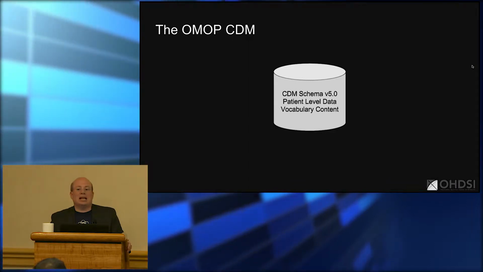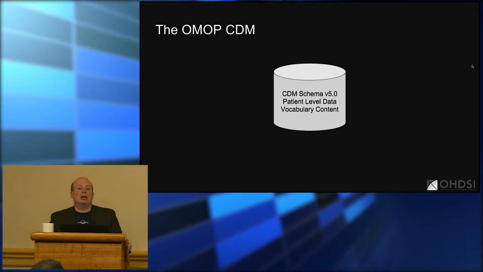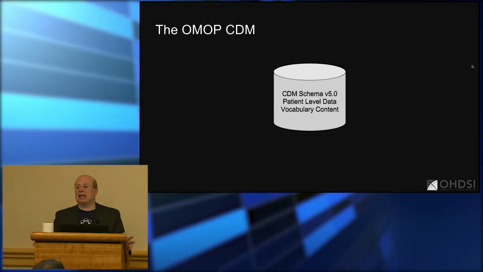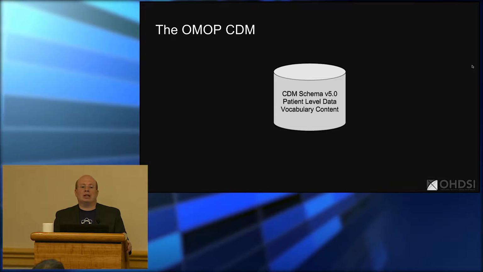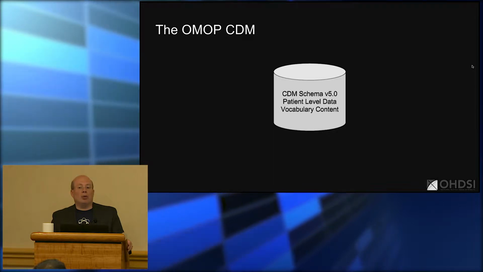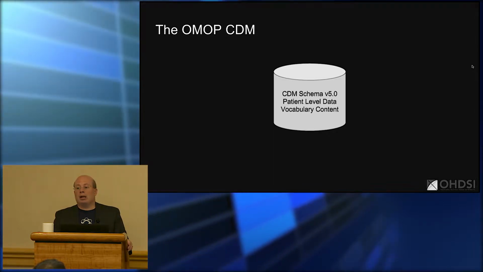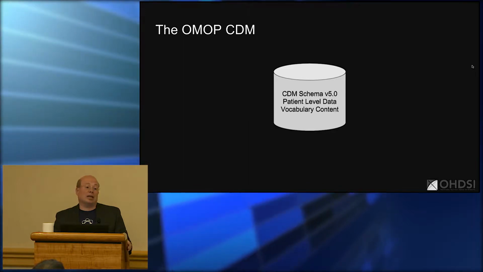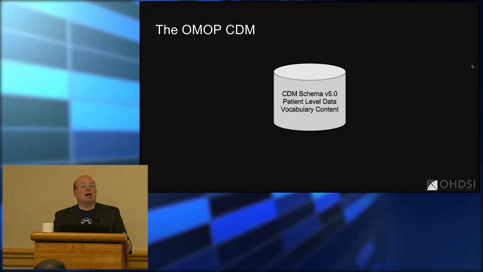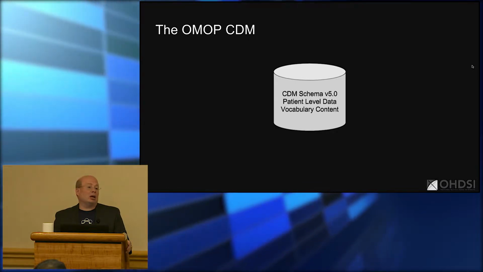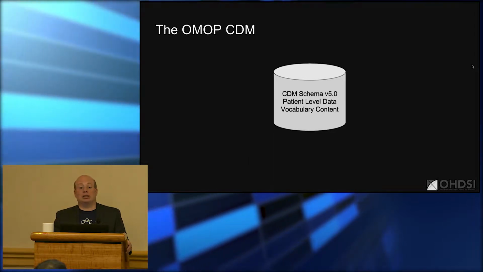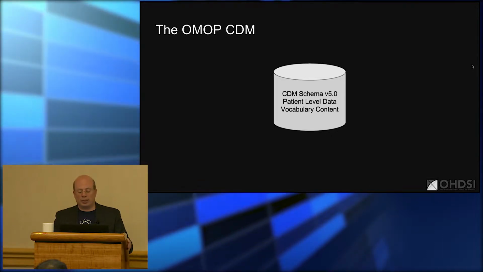This CDM database has a few different pieces to it that I want to make sure people are aware of. The first is that it has the schema for the storage of patient-level data, but it also has vocabulary content and a schema for the OMOP Common Data Model vocabulary, which is the way in which we standardize our data, and it is a way in which we are able to navigate through the data and associate all of the records that are in it with different medical concepts, different medical ontologies, terminologies, and taxonomies. I think those last three words all mean the same